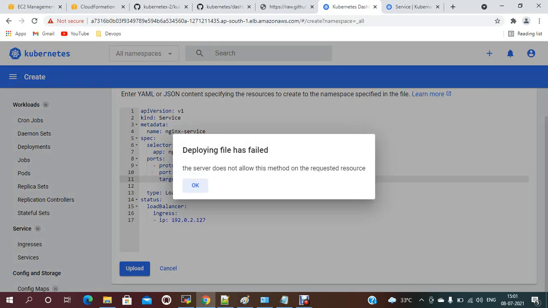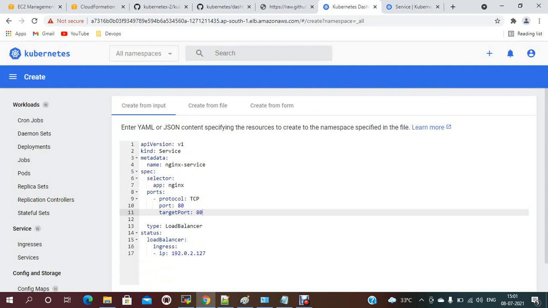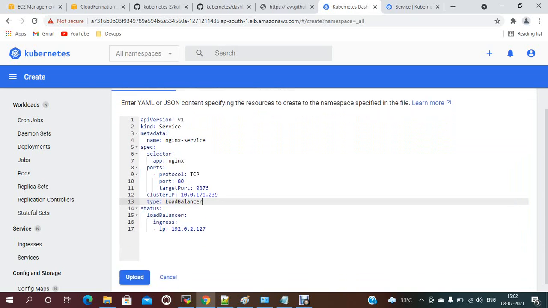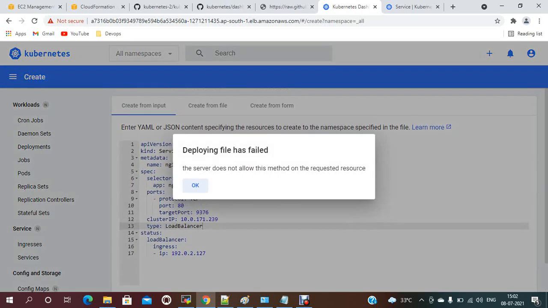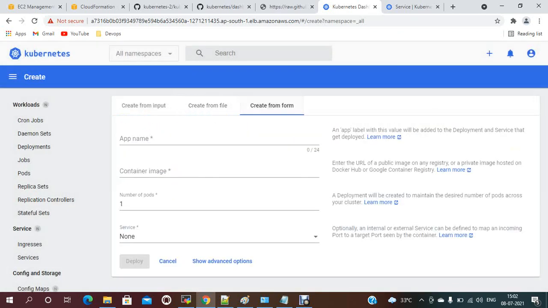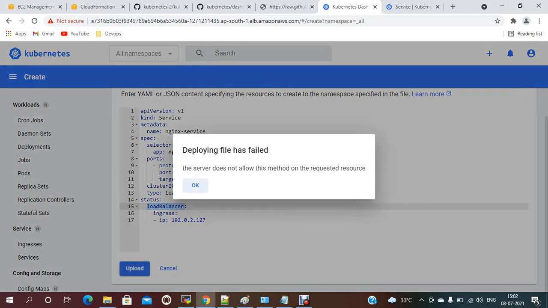The server doesn't allow the method requested resource. Change to load balancer. Create from input. Actually, it should work. Service load balancer, target port. The server doesn't allow the method requested resource.